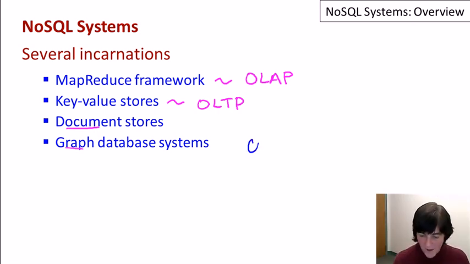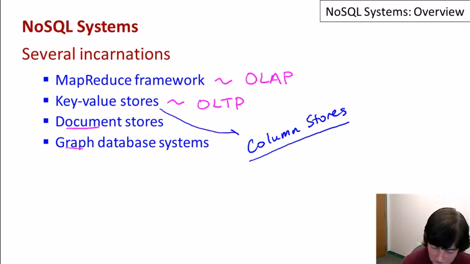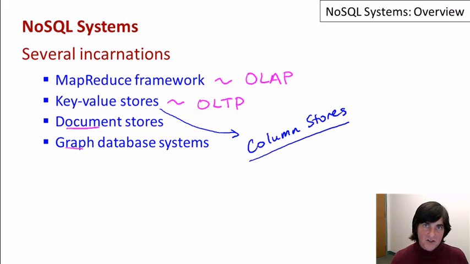Now, you might wonder why I didn't mention column stores, because column stores are often discussed in terms of NoSQL. So column stores are, in one sense, just a way of organizing relational database systems for higher performance for certain types of applications, but we'll also see that key value stores do tend to sometimes, not all of them, have a model that's also based on columns being an important concept. So now I'll discuss each of these in turn, although I'm going to spend the most amount of time on